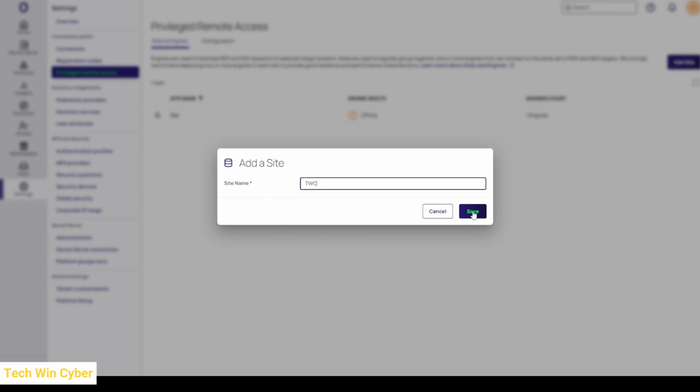It's really important that you name these sites after the physical locations, because you might be choosing the site depending on which secret you're using. What I mean by that is that if you're launching an RDP session into a machine, and you know that machine is physically located at a specific data center, you're going to be selecting the site when you launch that session. So I'm going to hit save here,